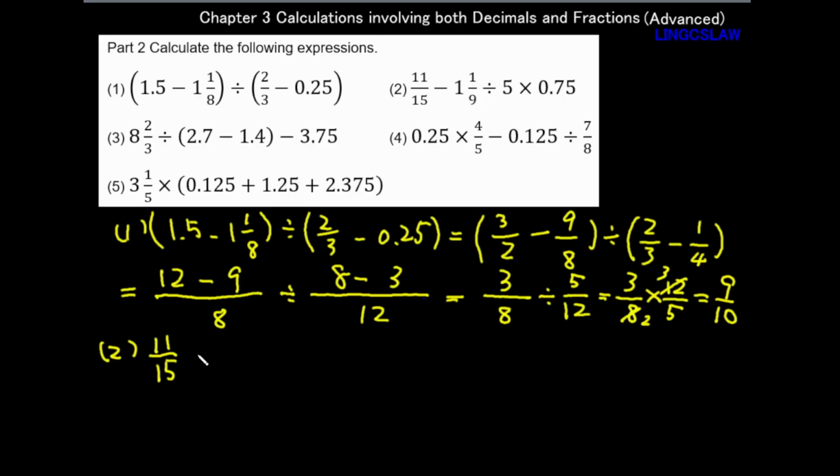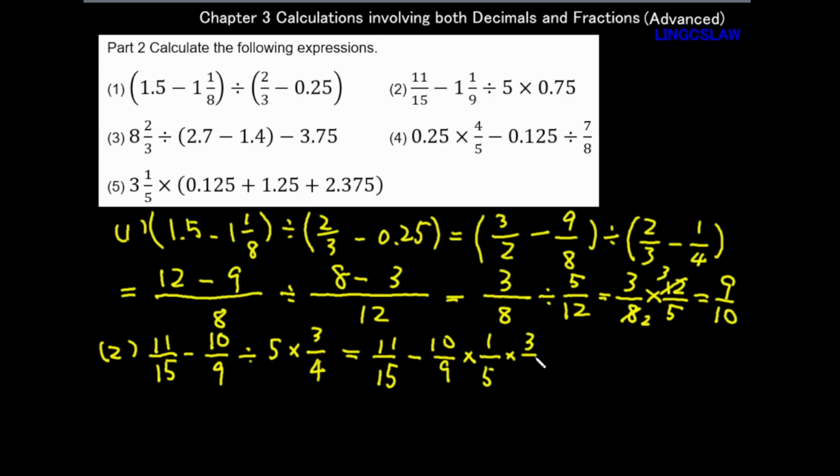Number 2. 11/15 minus 1 and 1/9, which is 9 as denominator, and the numerator is 9 times 1 plus 1 equals 10, divided by 5 times 0.75, which is 3/4. And there are two terms, this one and this one, this larger one. So first let's calculate this one. So I just write down this term, and 10/9 divided by 5 is the same as times 1/5, times 3/4 equals